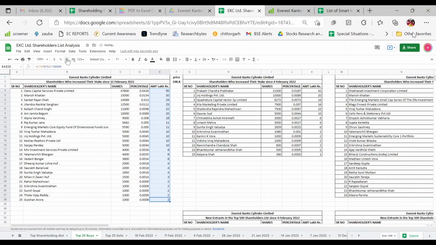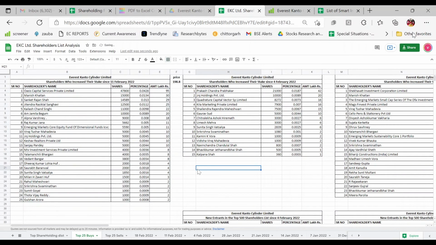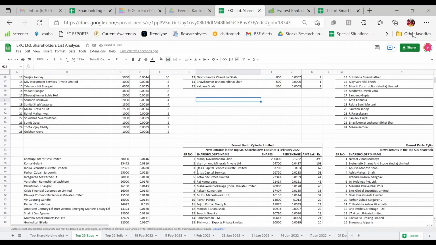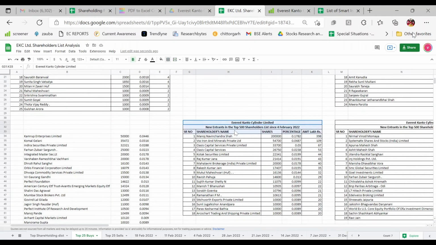I put in the whole formula. I locked the price cell so it doesn't change. I copied the formula over all the cells and removed all the decimal points, because we don't need those. We just need to show how many people have sold how much amount. I'll do the same for new entrants.